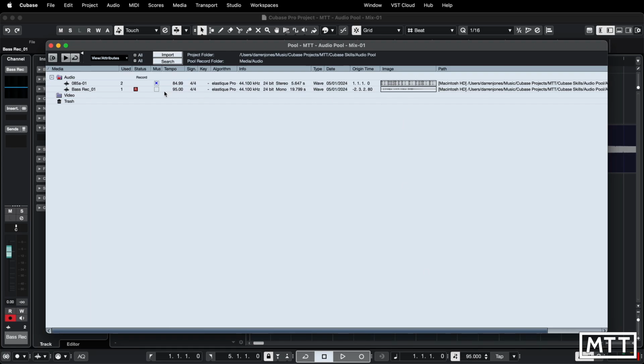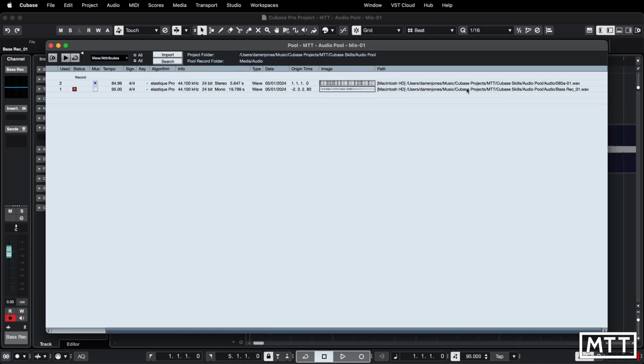But if we didn't do that, it wouldn't. So we'll look at that in a second. All the standard stuff, you can see how long it is, a little waveform, and also that it's been recorded in the same place. So this is often useful if you've got a project where things are all over the place, or things are missing, or you're not sure if you can transform it, then